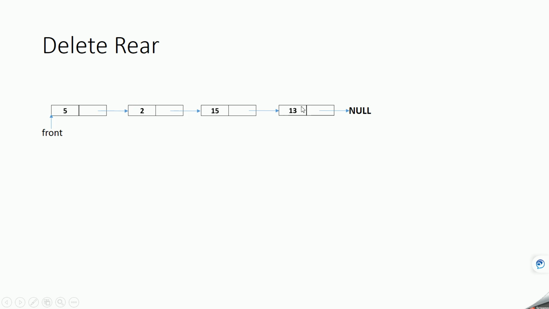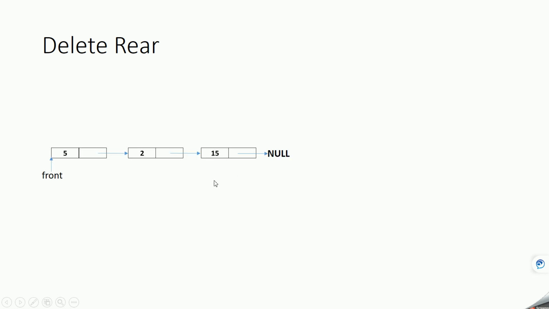Initially we'll be given a linked list like this and we'll be asked to remove a node from this side. So this is the last node in the linked list. We'll delete this first, then this, like that. After deleting this 13, the linked list will become like this. Now 15 is the end of the linked list, and whenever we ask to remove a node from the end of a linked list, we'll be removing this 15. Then again, if the same operation is asked again, we will be deleting 2, like that. We'll keep on deleting from the end. Now let's see a code that will help us to perform this operation.